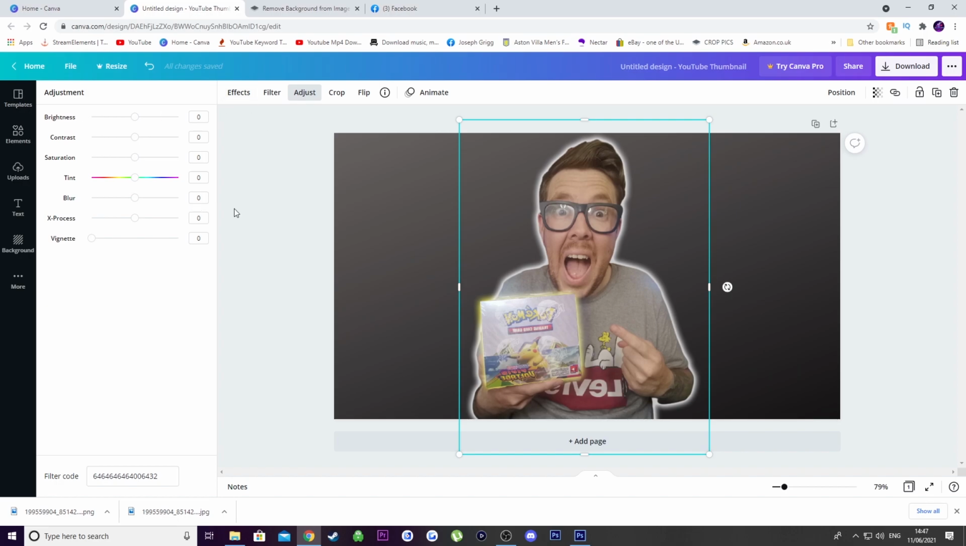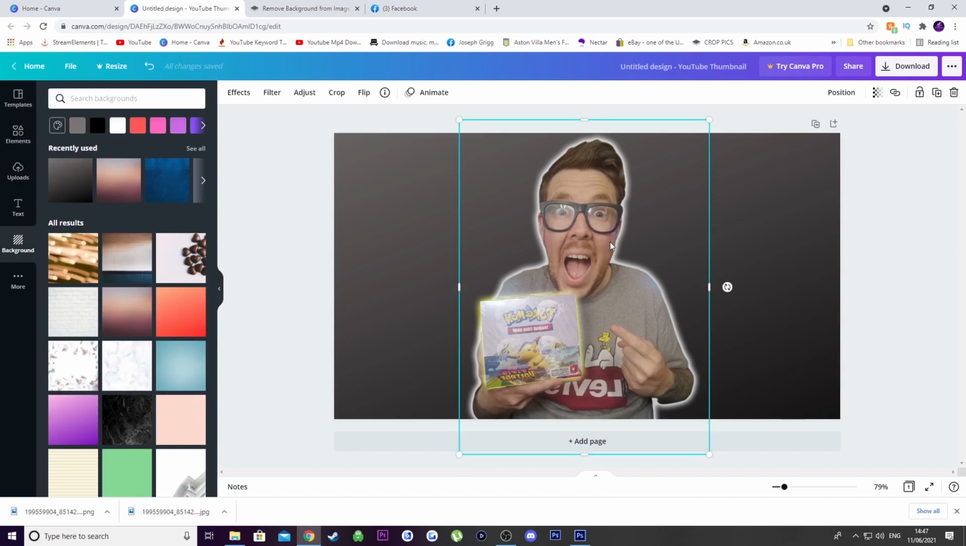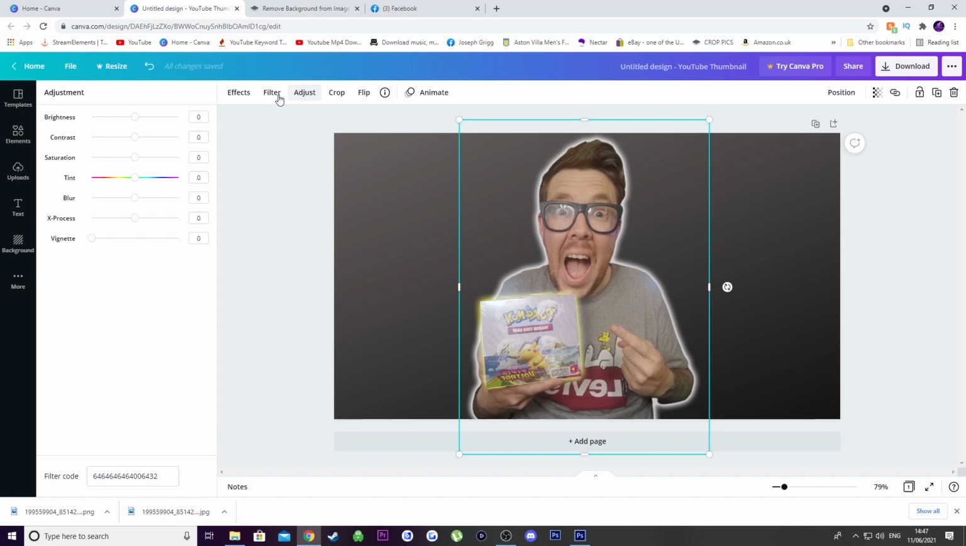Because the picture quality isn't great, and I want to have myself a little bit sharper, a little bit brighter, you click onto this adjust here, which you can find by just clicking on your photo and then clicking adjust. You can actually animate it as well, but of course for a default thumbnail that's not going to be